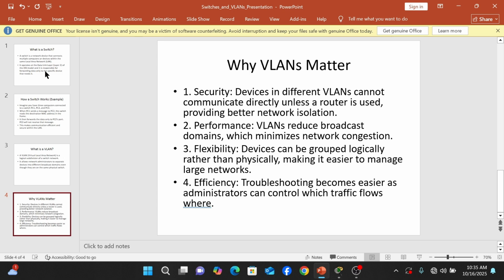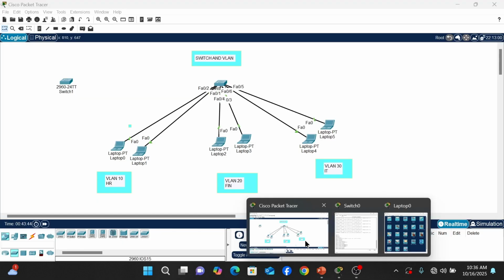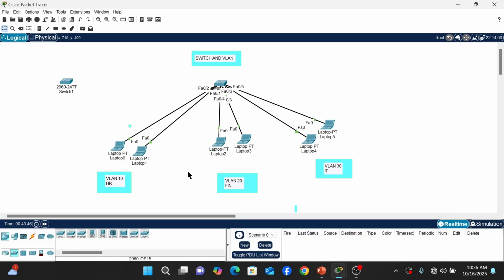Also for flexibility, devices can be grouped logically rather than physically, making it easier to manage large networks. Efficiency, troubleshooting becomes easier as administrators can control which traffic flows where. So with that being said, let's head over to Cisco Packet Tracer, where we get to configure VLANs and assign